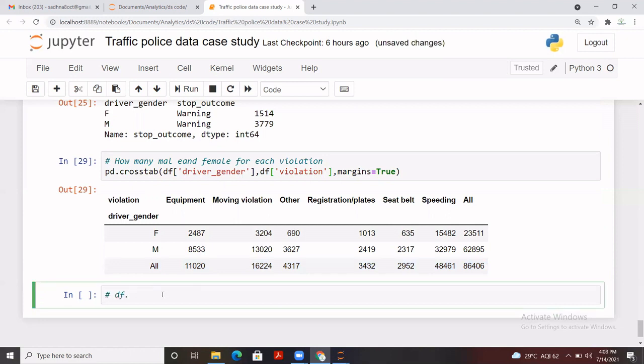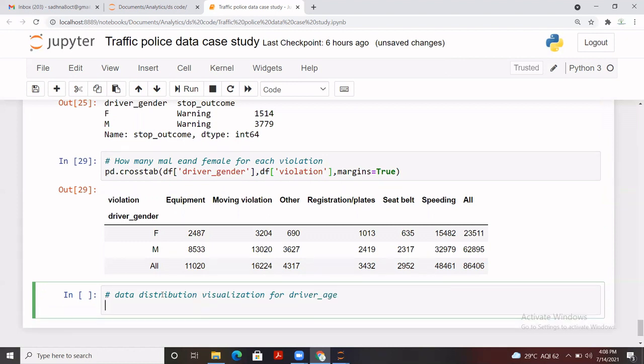Let's say this was a data set. Let me write it here: data distribution visualization we can do, right? For what? For driver age, basically, right? So how can we do it?